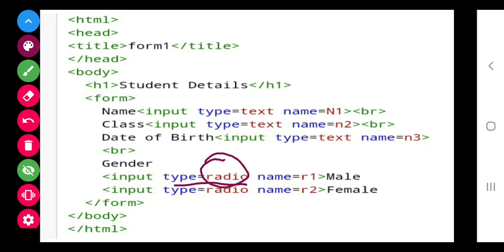The input is the same, the type attribute is the same, but in place of text I have written radio, and I have given the names R1 and R2. Now class, if I give the same name R1 and R1, then what will happen?